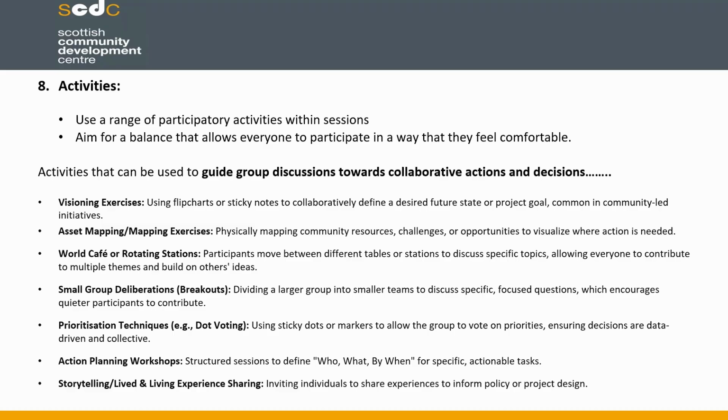You can move into using things like prioritization techniques. I tried to merge those two words together there, sorry. So things like dot voting, where you just give people a sticky dot and go, pop your dot on this line. It might be something as simple as using a line at the start of a training session going, how confident do you feel about co-production? Put your dot on the line. And then at the end of the session, you can give them another one and say, has your dot changed from earlier? So pop your second dot on the same line, and you can do that kind of learning bit there.